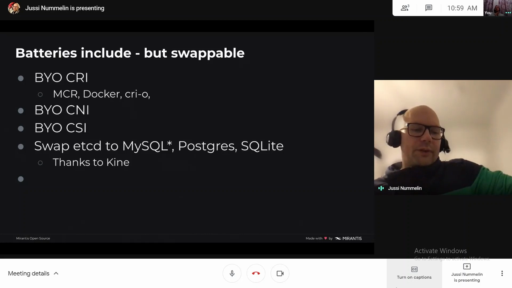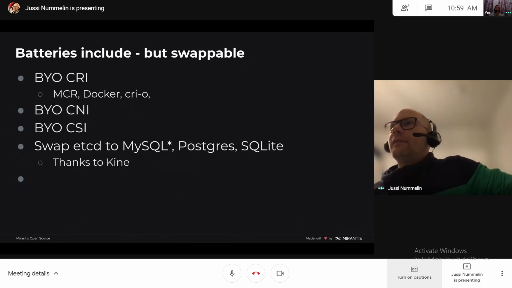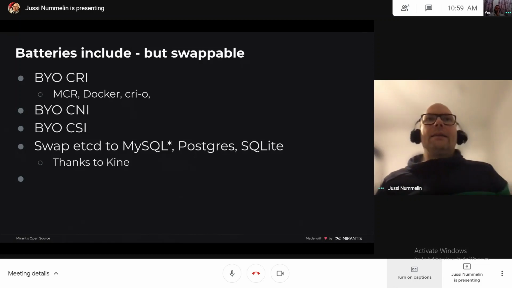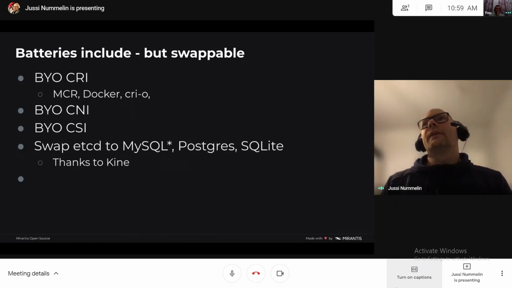You can of course bring your own container storage implementation into the cluster. We don't actually ship K0s by default with any storage provider. We made the choice, at least for now, to not ship with any storage provider, because there are so many providers out there, and there are a lot of differences in the providers. One provider is good for one use case and the other one is good for another use case. So we can't really make a choice in K0s on which one we should bundle in.